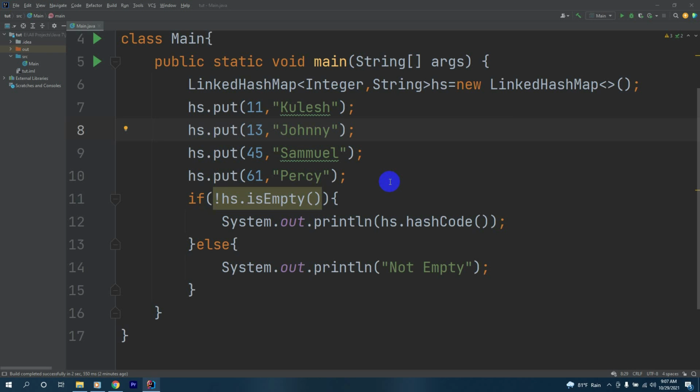Alrighty, till now I have taught you about the linked hash map in our Java collection framework. I have told you about the linked hash map and how to work with its key value pairs, and I have taught you some methods which can be used with the linked hash map. I think you would have got a clear understanding of the linked hash map and its methods from this video, and I hope that happened.